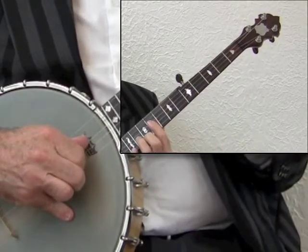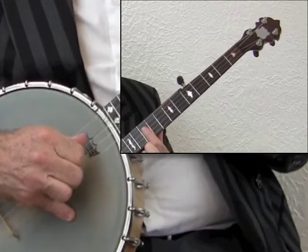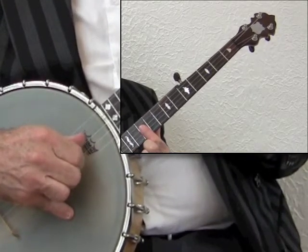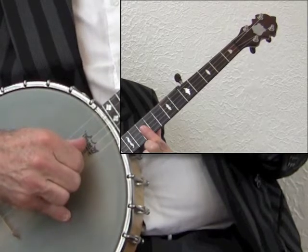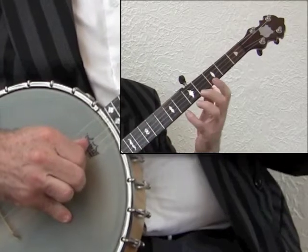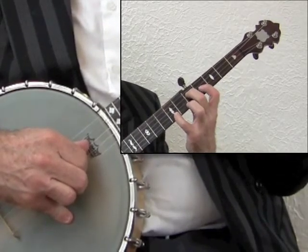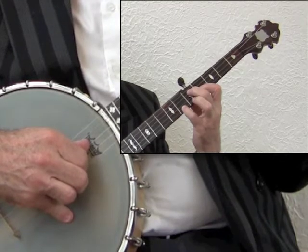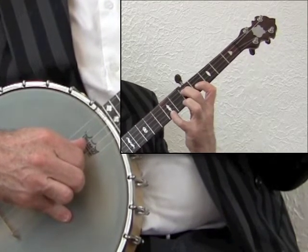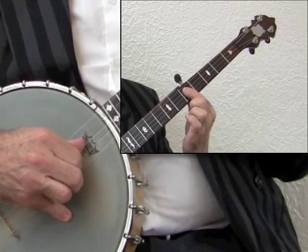3rd finger back down again, now the open 1st, and that pinch of the 2nd string and the bass string, jump up to the 9th position with a 2-3-1, and it's the 10th position, again, barré, pinch strings 2 and 3, and now 1 and 3, come down to the 4th position with an extended 4-1-2, remember we've done this before, that's the standard 4-1-2, extended 4-1-2, barré at the 5th,